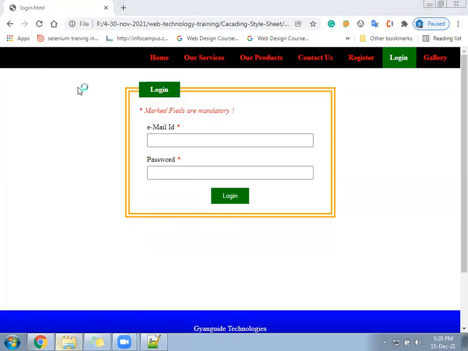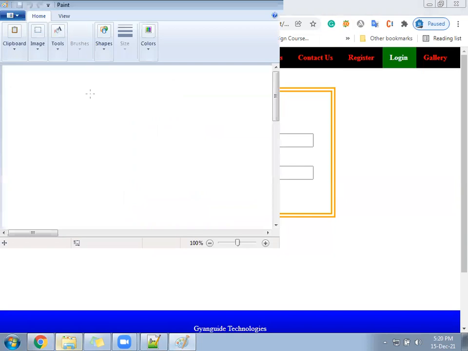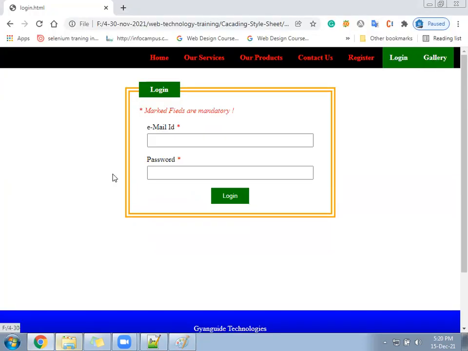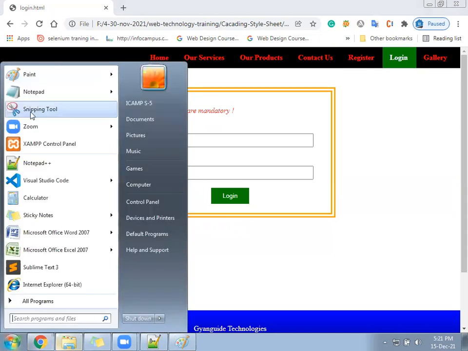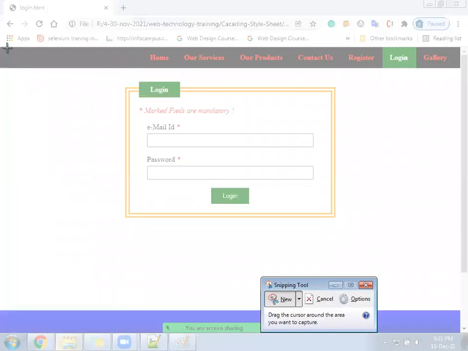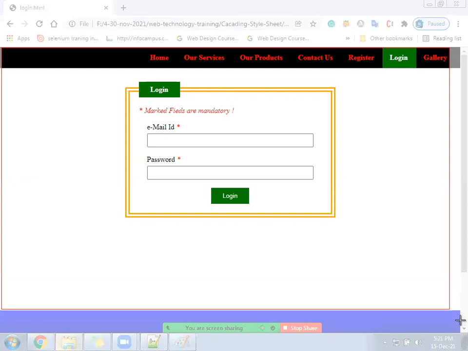See the gallery page, whichever header we have should remain the same. There are no changes in the header. Suppose, let me take a screenshot of this page. Assume this is our page.